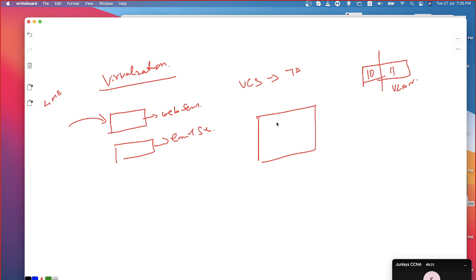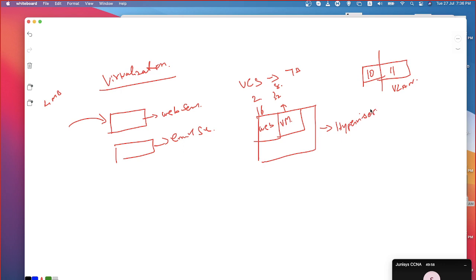In the same way, the physical server can be logically sliced and the resources can be provisioned according to the requirement of the application that is going to be hosted on it. Let's say in one portion I'm going to host a web server, with 16 GB or 32 GB of RAM and 2 processors. I can also have one more virtual machine. We call this a virtual machine. It can be hosted with 32 GB of RAM and 8 core processors. I'm allocating that, it's quite possible. How is this going to be done? Through the help of something called a hypervisor.